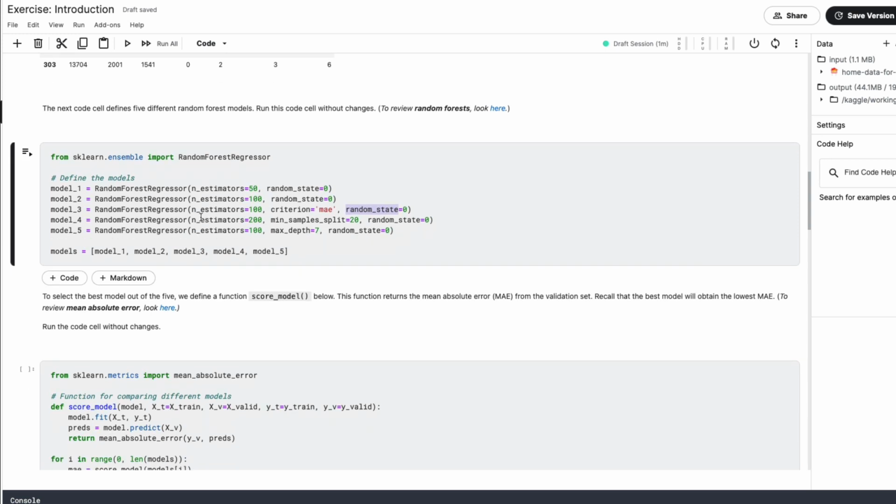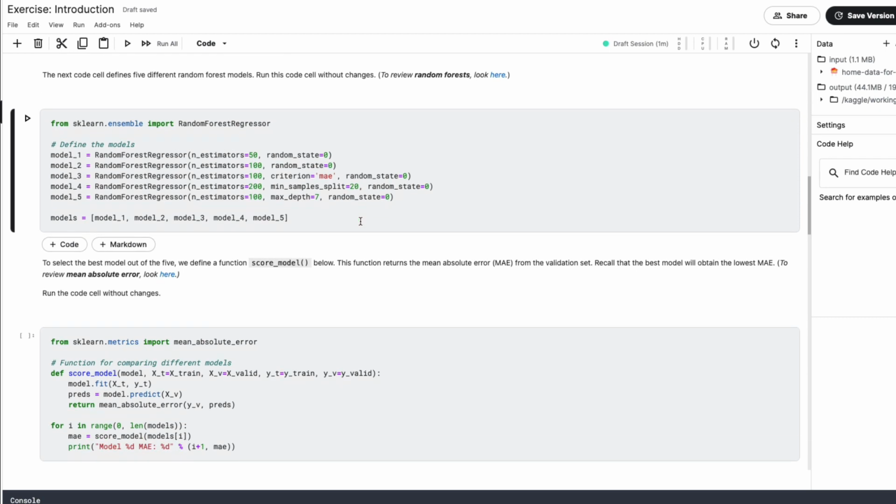So now we have 5 models, with different estimators: 50, 100, 100, with different conditions saying that mean absolute error is our criterion, and then 200, and then controlling another hyperparameter, which is the minimum sample split, and also we are trying to control the depth. So we have 5 different models, and the easiest way for you to learn about these parameters is